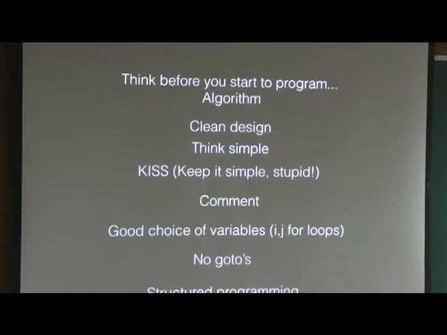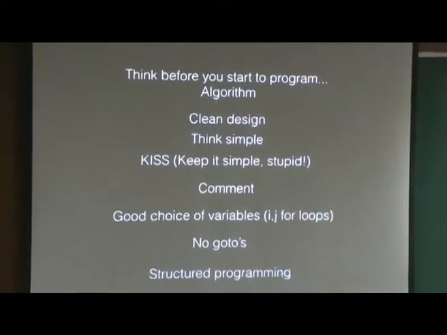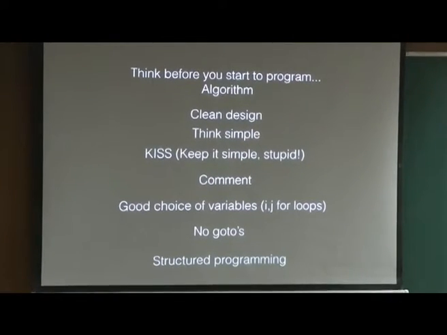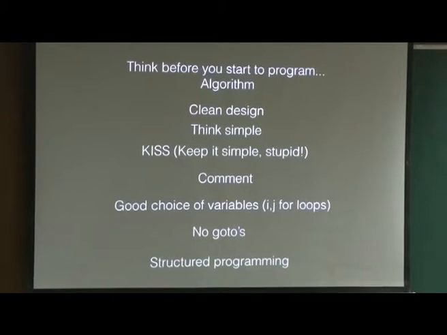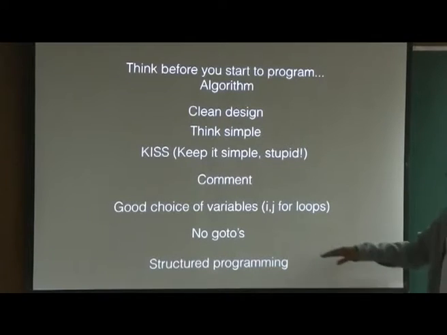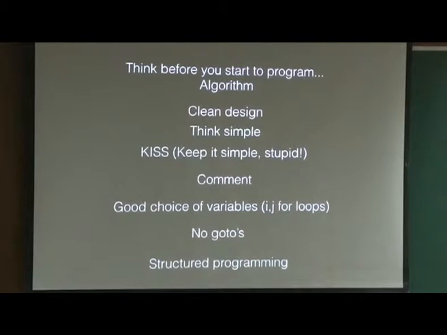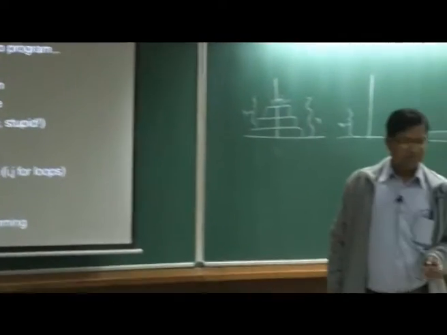So the way to code is called structured programming. Your code should look like a structure, like a building complex. It should look clean, nice, and beautiful. There are more sophisticated ways to do it, but you don't need them for this course. This is called object-oriented programming, which makes it clean and lets you write large codes. If you want to write a 1 lakh line code, you need more thought and more tools. Object-oriented programming achieves that, but we don't need it for this course. So any questions on this?